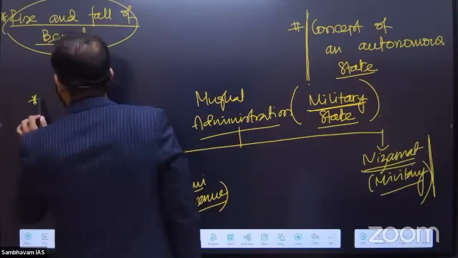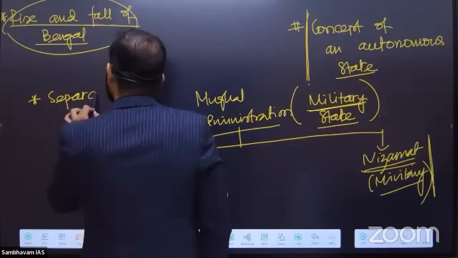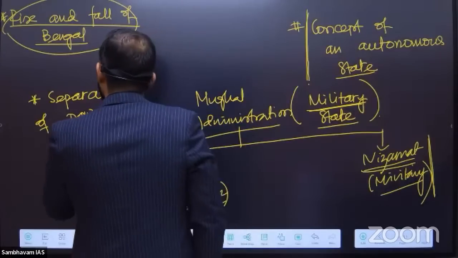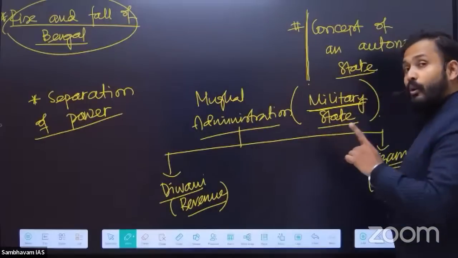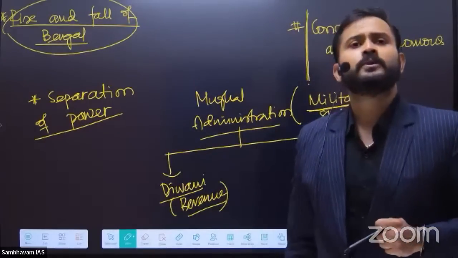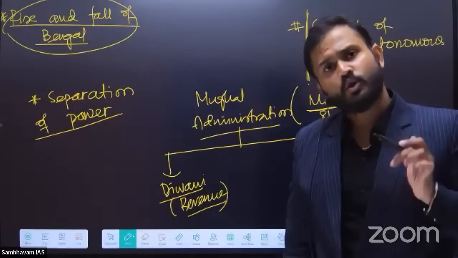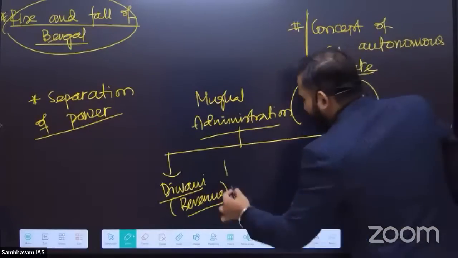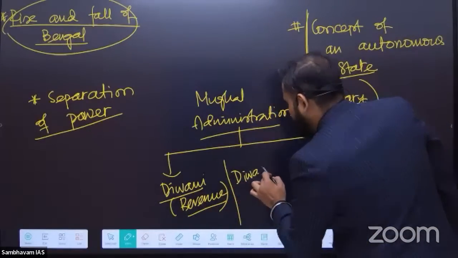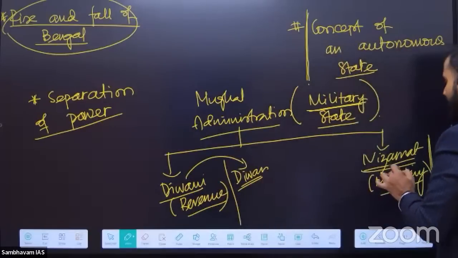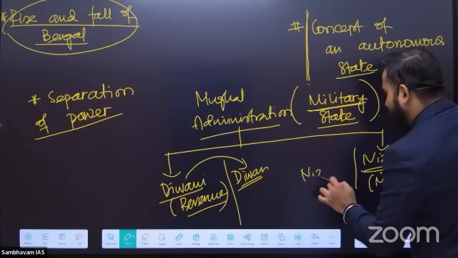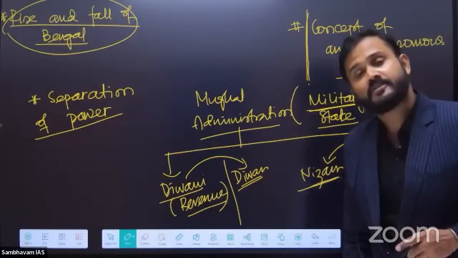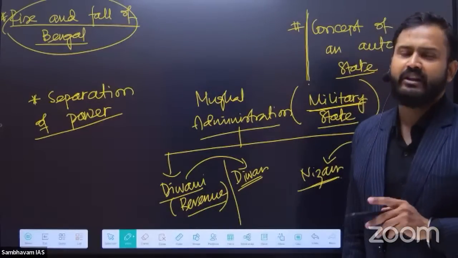Now, another component of the Mughal administration is separation of power. That means what? Separation of power so that concentration may not lead to the rise of a monarch who will challenge the authority of the king. Naturally, if the powers are separated, that means a diwan, the holder of the position of diwani, and a nizam, also known as nazim in eastern India, holder of the position of nizamat, should be separate, because if a person becomes the same, they will assume power.